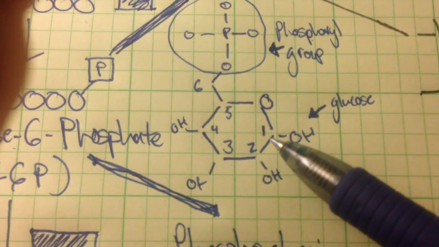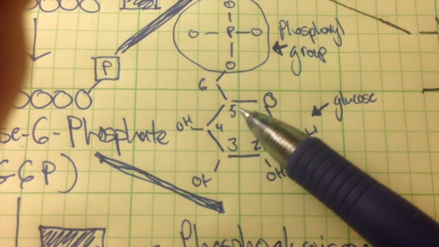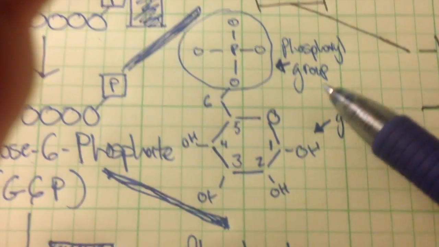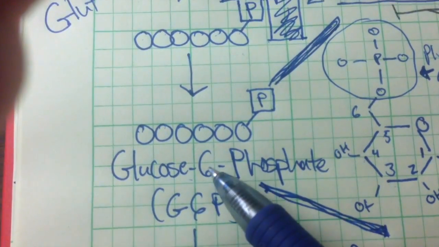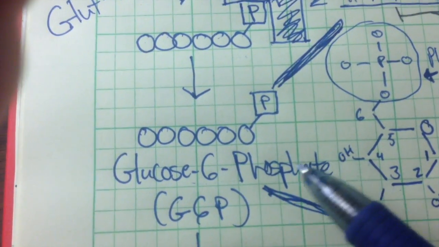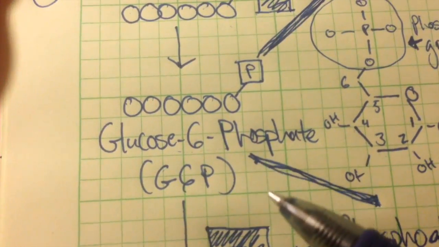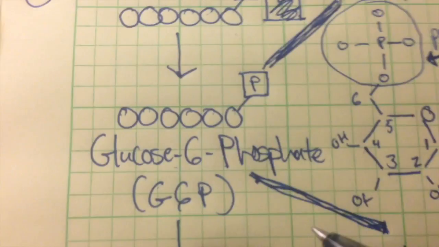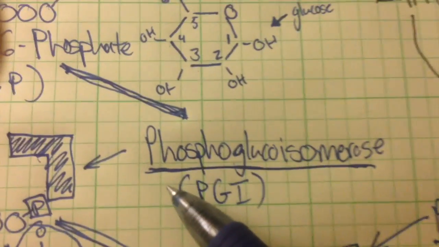And what we see here is that we can number these. So this little 6 carbon ring, 1, 2, 3, 4, 5, 6 carbons. And then on the end of that 6th carbon, we have my phosphoryl group, okay? And that's where my glucose 6, so that means 6th carbon, phosphate comes from, okay? So my G6P is still in the cytosol. It's floating around, and it's going to start interacting with my next enzyme, okay? And in this case, it's